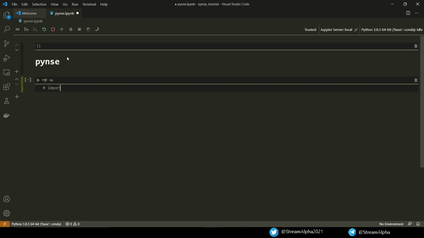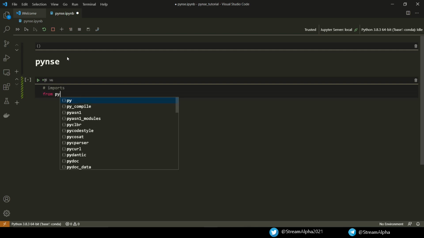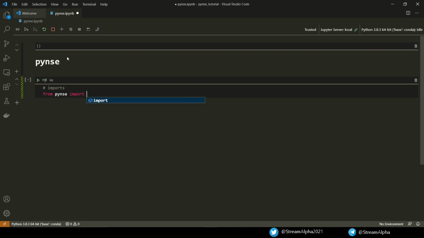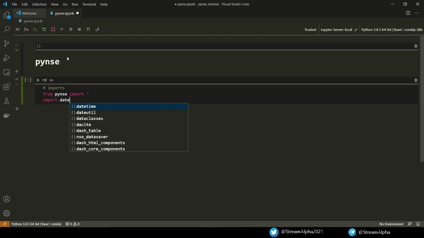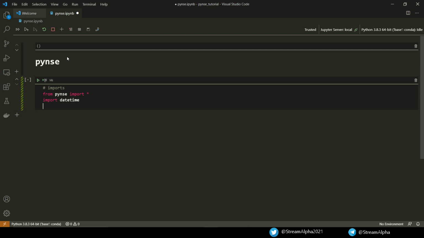Now let us import the required packages. From pynsc import star, import datetime, import logging. For the purpose of debugging, this complete PyNSC library is equipped with Python's logging module.